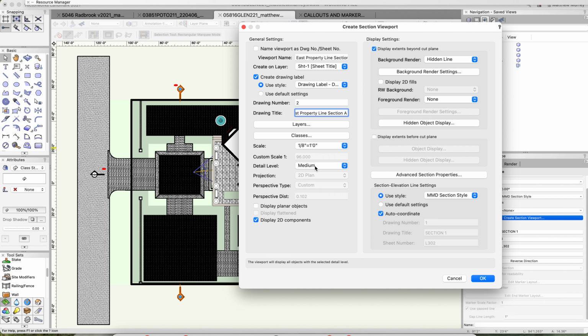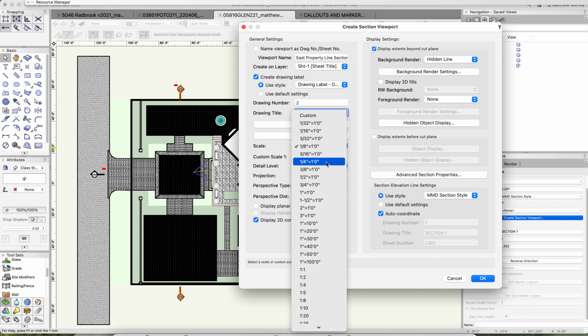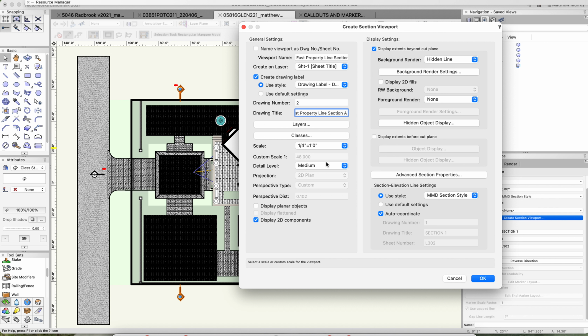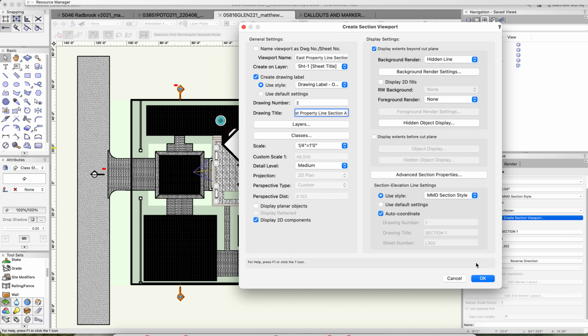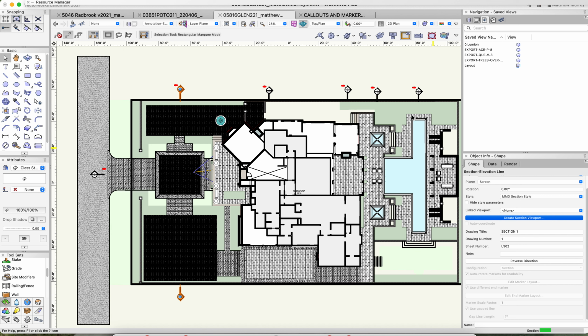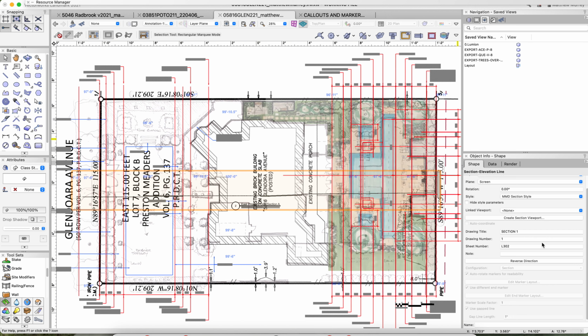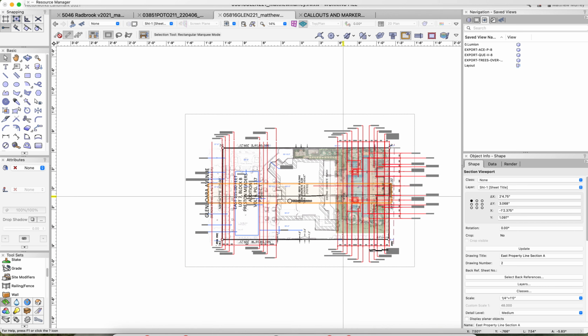And then I would prefer sections to be like a 1/4 inch scale or so. I think it shows up better. For the time being, we don't have a lot of sheets here, so I'm just going to put this in this sheet 1. I don't know what it is, but we'll just put it there and hit OK. And that's going to make this drawing. It may take a minute. Okay, so we have